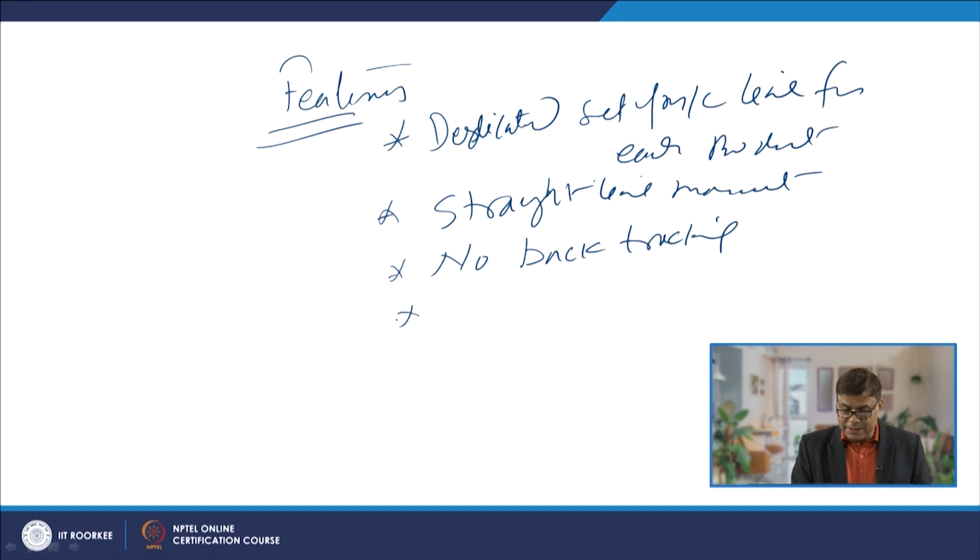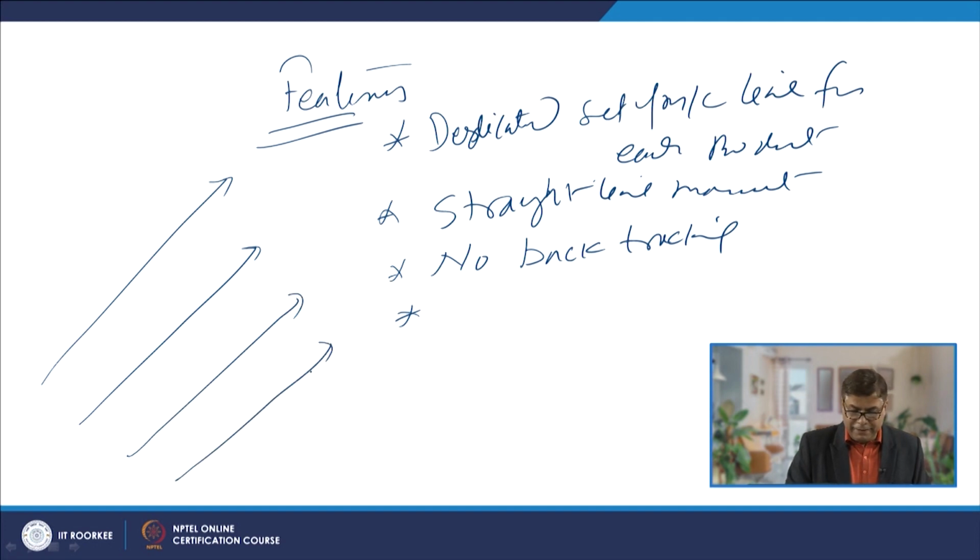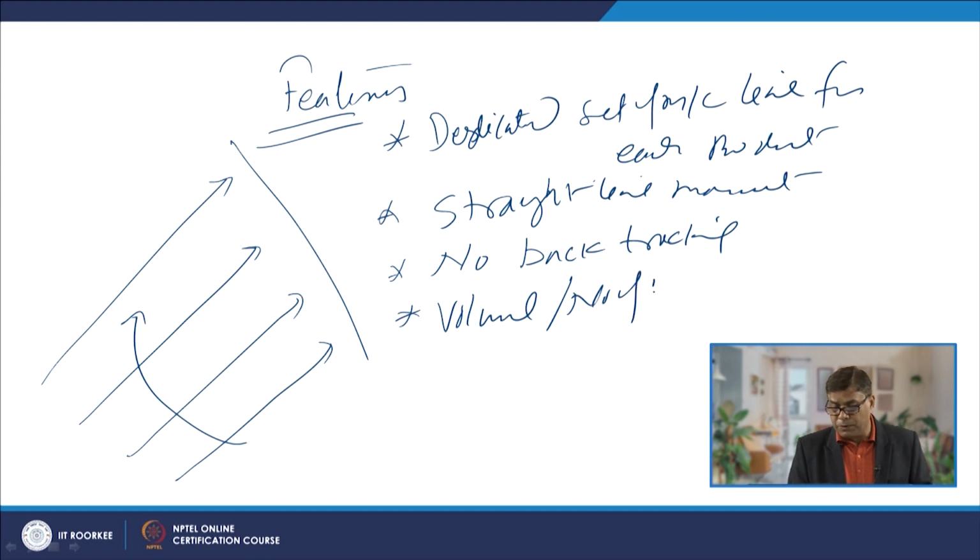And since each product line is for one type of product, we can have a limited number of lines because it requires huge investment, and that is why these lines will be working continuously for producing the same type of product. So, the volume or the number of units to be produced must be sufficient so that this kind of product line can be justified.